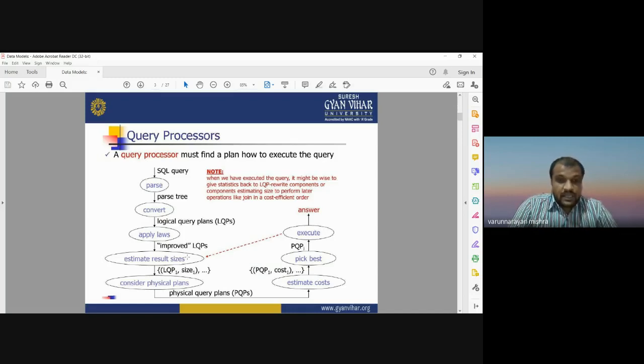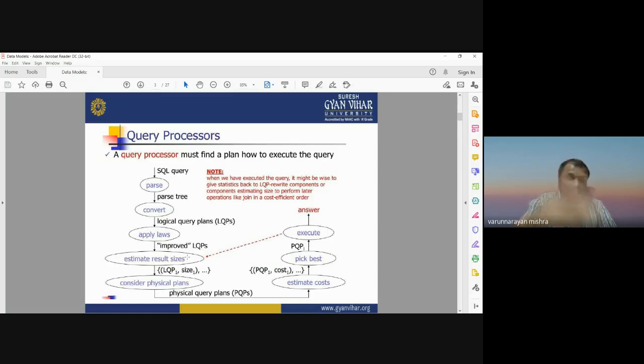After estimating the result, it considers the physical plans, known as the physical query plan, in short PQP. After that it goes for the estimation of the cost. Out of the entire plans, out of multiple choices, it selects the best option. Then we have our answer after executing the query.